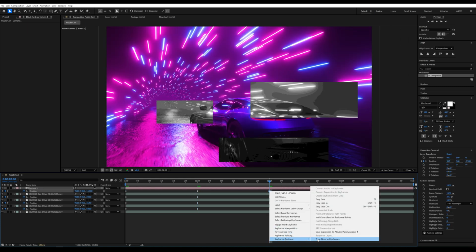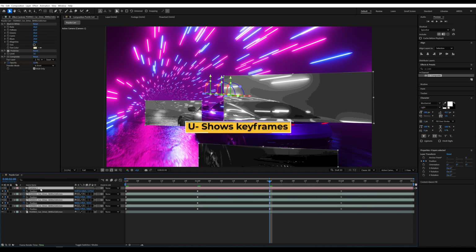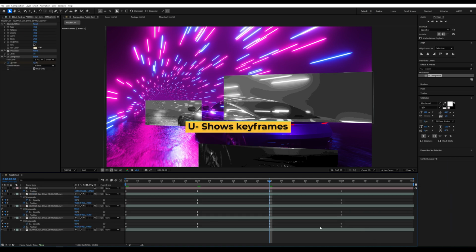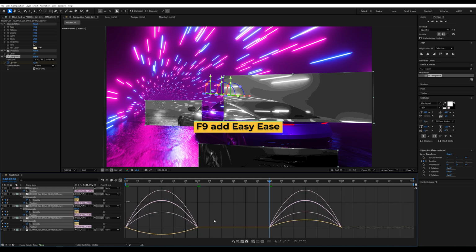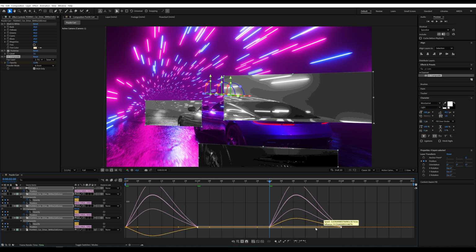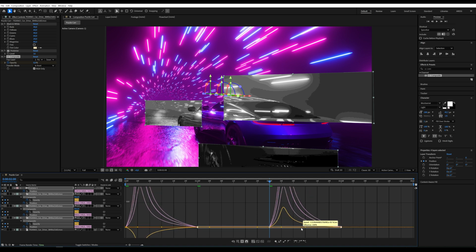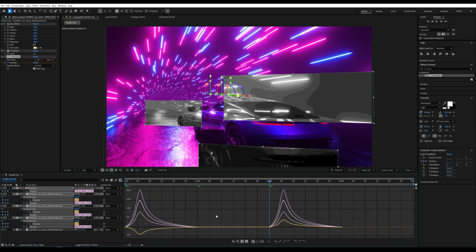Finally, select all layers and click U to display all keyframes. Select them all and press F9 on your keyboard. Go to the graph editor. Select the points on the graph and move them to further adjust the animation curves and achieve the desired fluidity effect. And just like that, our animation is